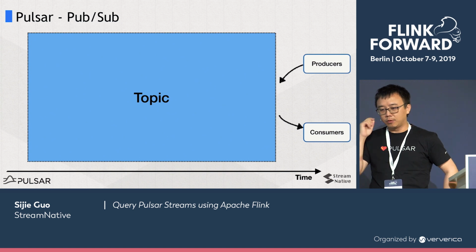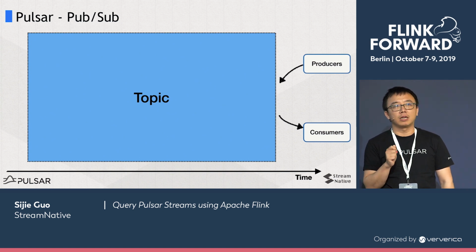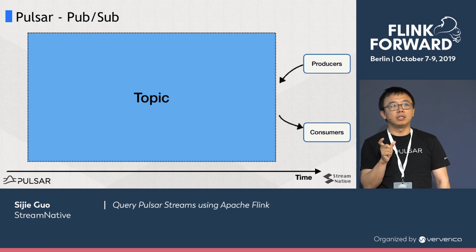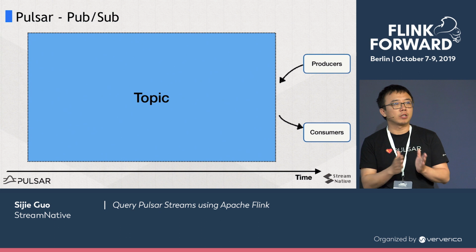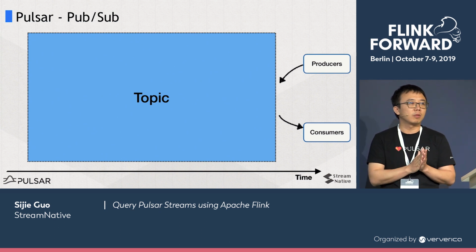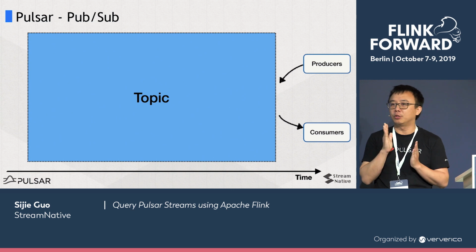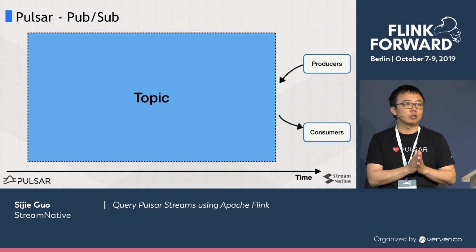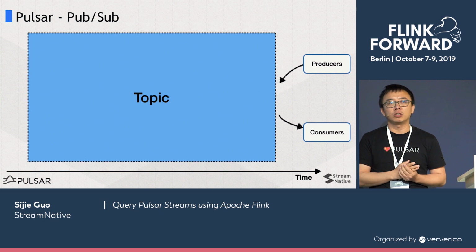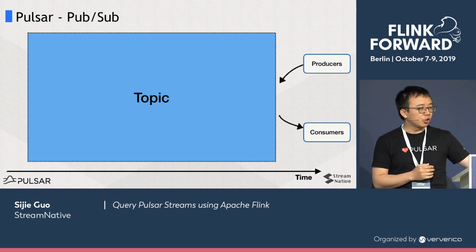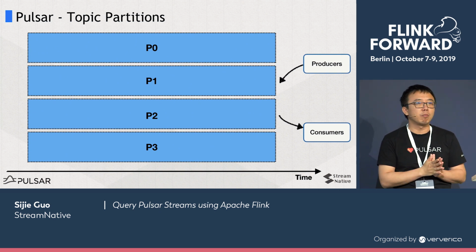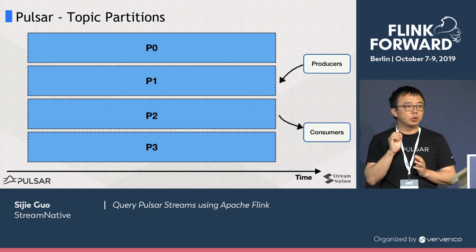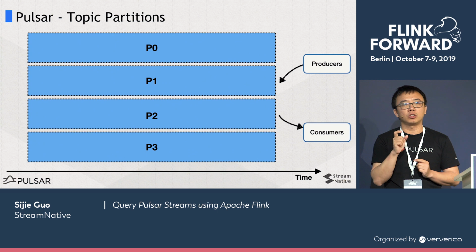So just to give you a very simple concept, it's very similar to any other PubSub messaging. You have the entity called topic, which is the entity for storing all the messages. For the application to interact with the data, you have the traditional popular PubSub messaging model. You have a producer producing messages to the topic, and a consumer consuming messages from the topic. And logically, it's also divided into topic partitions, so you can have multiple partitions. To call it out here, the partition is a logical concept.